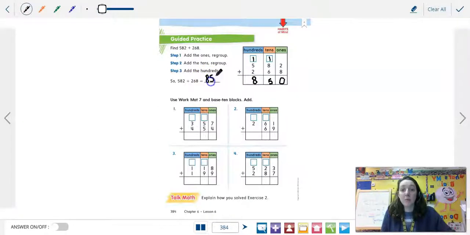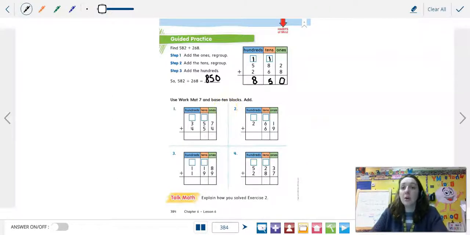So you're just going to apply what we've been working on for the past couple days to these problems. Okay, as always, you can use that work mat and base 10 blocks, like drawing them, because obviously we don't have the base 10 blocks, but use them to add. Remember, you also have the virtual base 10 blocks in our Google Classroom. In the top of our classwork section, there's virtual math manipulatives, and there are virtual base 10 blocks you can use there as well